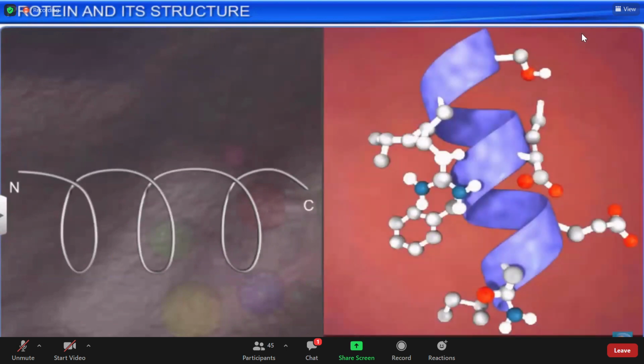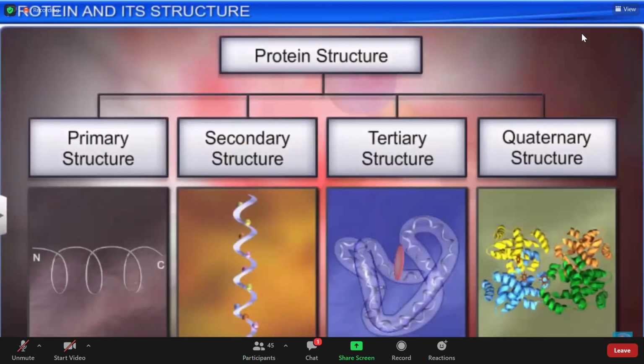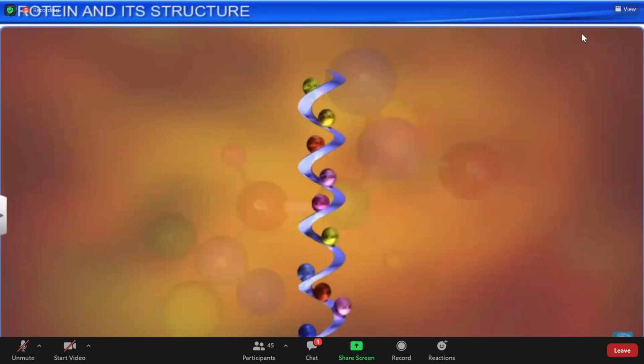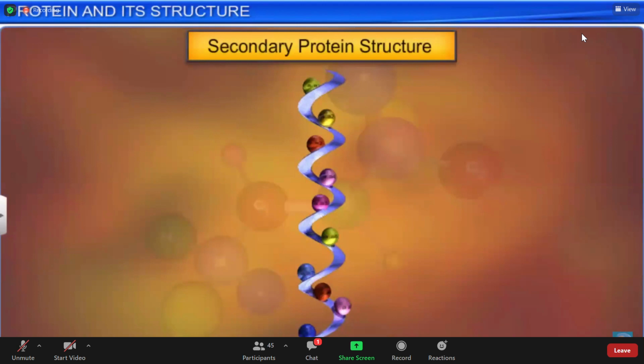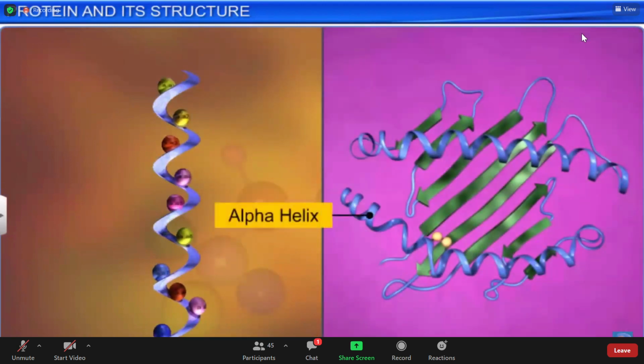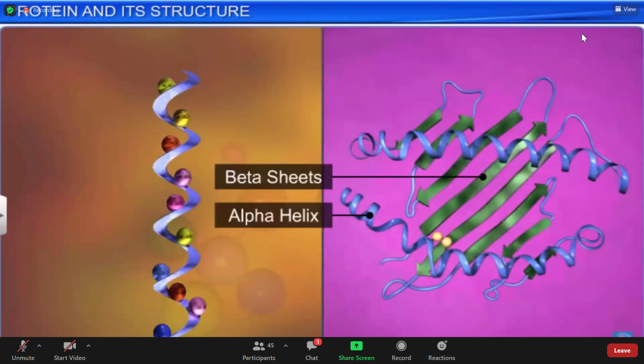However, in nature, proteins are not completely straight but are folded in the form of a helix, somewhat like a revolving staircase. In the secondary structure, amino acid links get longer, and due to the heaviness of the molecule, it tends to bend. This preliminary bending is considered to be the secondary structure. It is either an alpha helix or beta sheets.